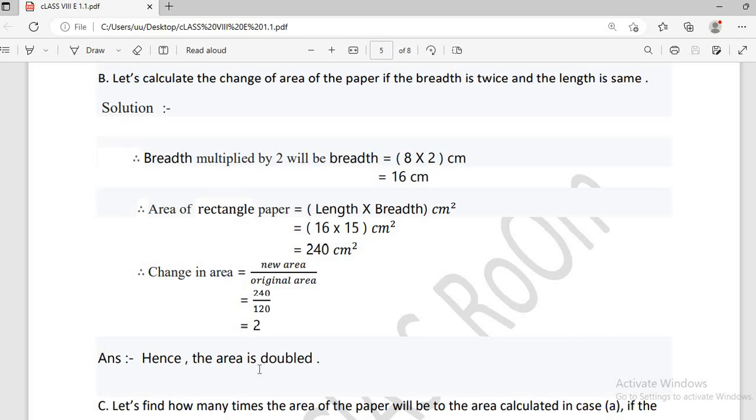The change of area is equal to new area by original area is equal to 240 by 120 is equal to 2, hence the area are double। মানে আমাদের কি হলো, নতুন এরিয়ার তুলনা করলে আমরা কি হলাম, যে নতুন এরিয়া পাচ্ছি সেটা হচ্ছে নতুন এরিয়াটা প্রথম এরিয়ার থেকে দ্বিগুণ হচ্ছে।